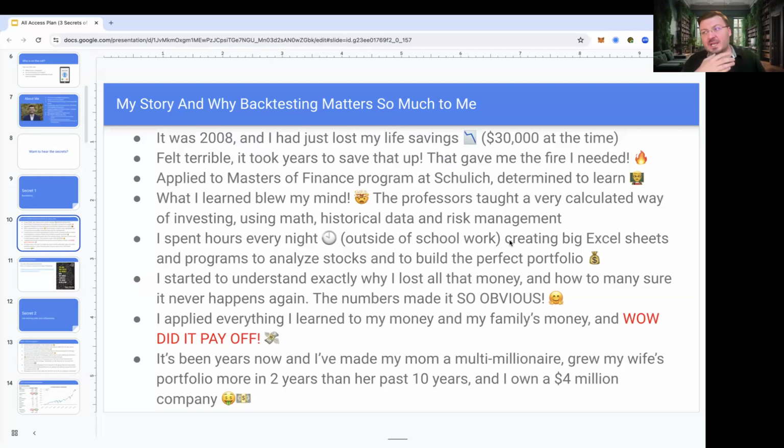So when I took all the learnings I had from it, basically I figured out, okay, you want to put your money in specific types of ways and diversify well and that sort of thing. I applied all that and ended up really making a lot of money over the next couple of years.